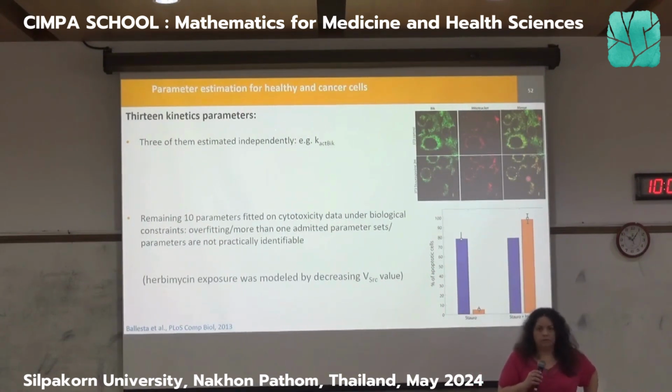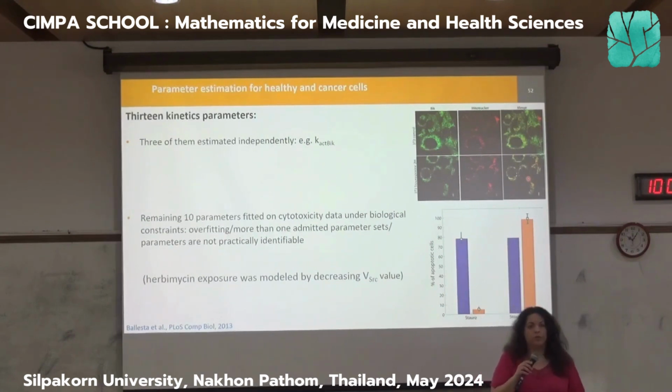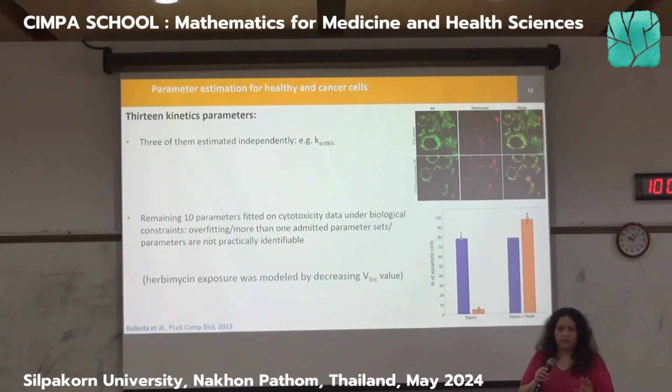So the question is how do you know the number of data that you need? In most of the cases you don't have enough, let's be honest. So what you want to quantify is which parameters are affected by the fact that you have a lack of data. And this is called parameter identifiability. This is something I haven't talked about yet. I will talk a bit about this later in the lectures.